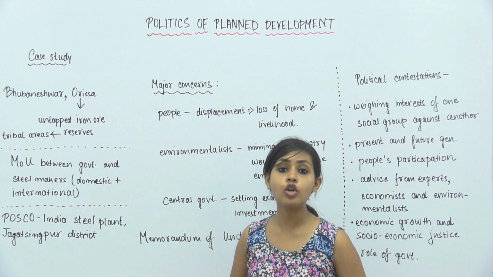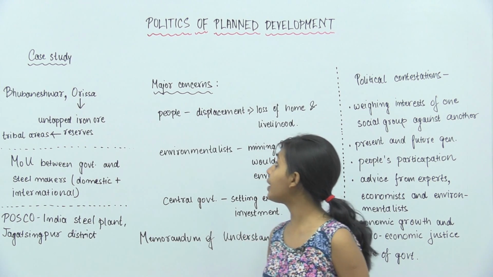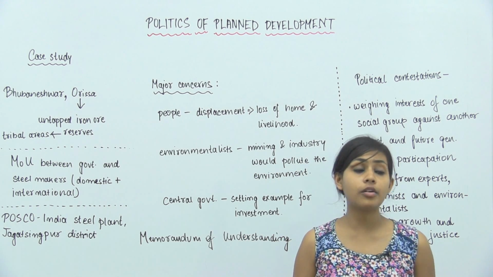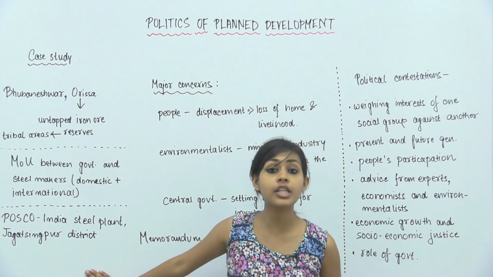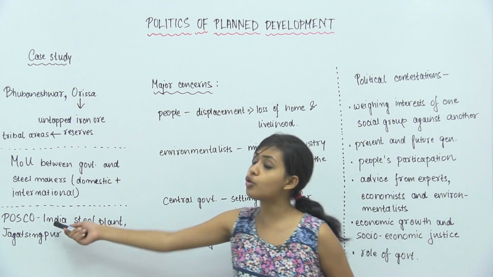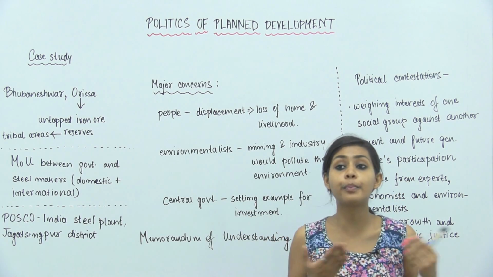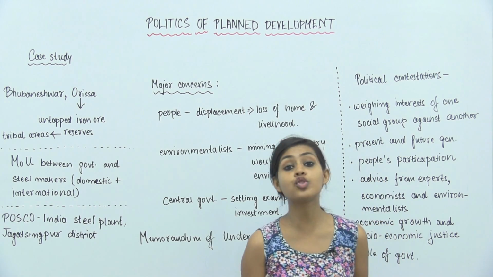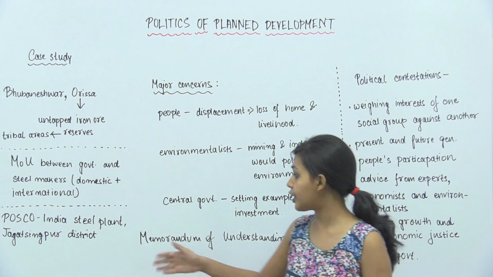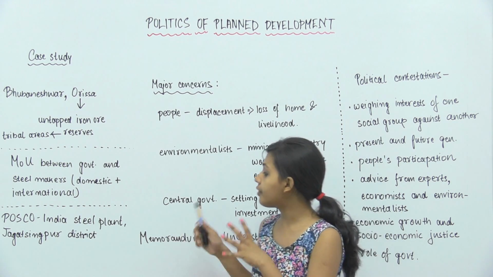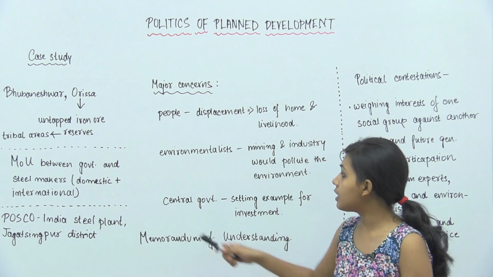तो इस जगह के लोग, जगत सिंहपुर डिस्ट्रिक्ट के लोग बहुत ज़्यादा प्रोटेस्ट करने लगे अगेंस्ट द पोस्को इंडिया स्टील प्लांट, और there were around hundreds of people from various villages within this district, जो कि ये जो कोरियन कंपनी है, इस कंपनी के ऑफिस के बाहर बहुत सारे डेमोन्स्ट्रेशंस और प्रोटेस्ट करने लगे. उनको अंदर तो जाने नहीं दिया पुलिस ने, but they remained outside and they continued their protest. So this is a particular example of a protest activity that happened because of these development projects.